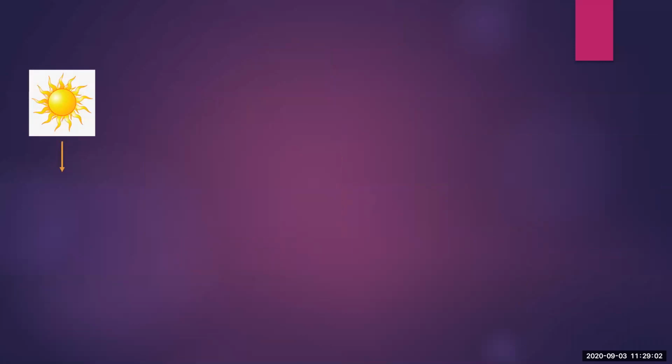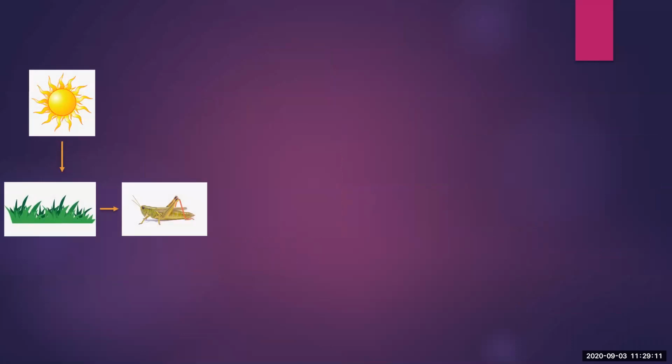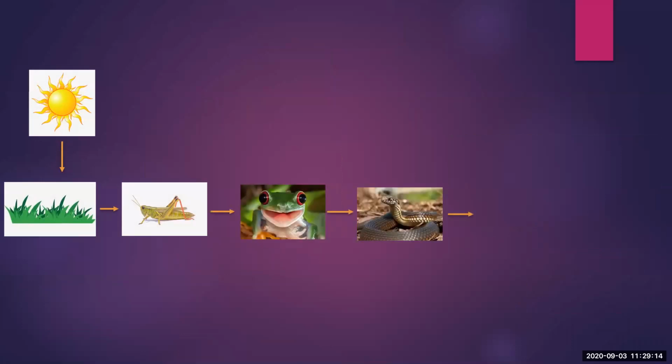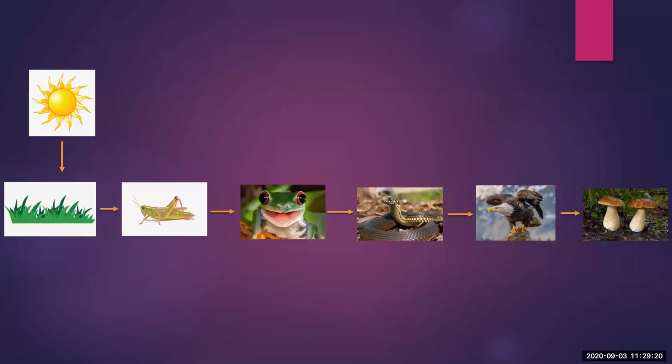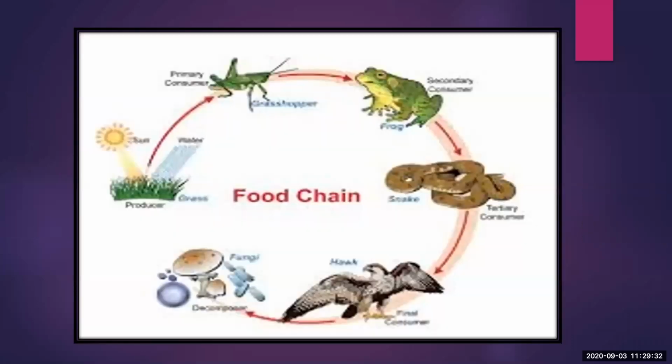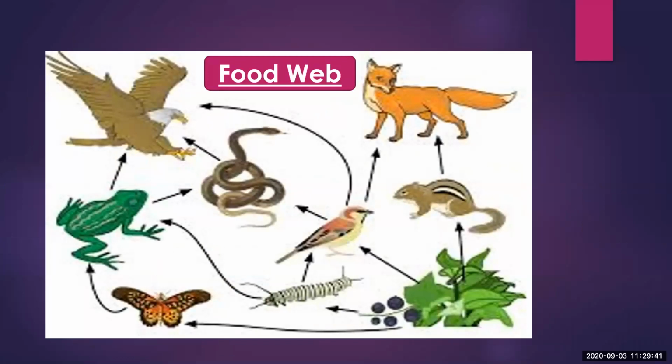There is the sun as the main source of energy, which will give energy to the grass. Grass is eaten by the grasshopper. Grasshopper is eaten by the frog. Frog is eaten by the snake, and snake is eaten by the eagle. And when the eagle dies, the dead body of the eagle will be decomposed by the saprophytes. So there is a flow. This you can see here. There is a linear formation of chain, which is known as a food chain. They are interlinked with each other. See the food chain, how they have formed, they feed and refeed on other organisms, and all the food chains together form the web, which is known as food web.